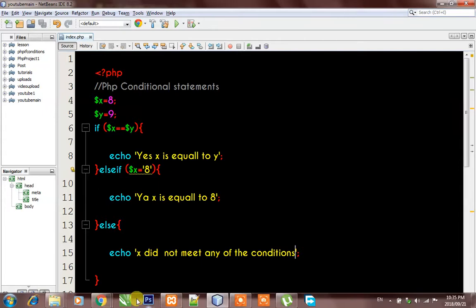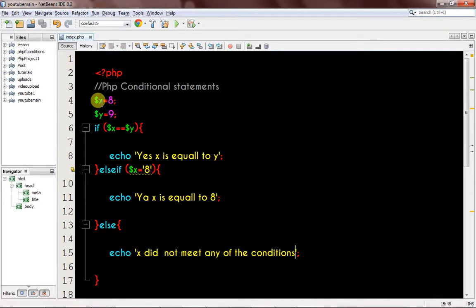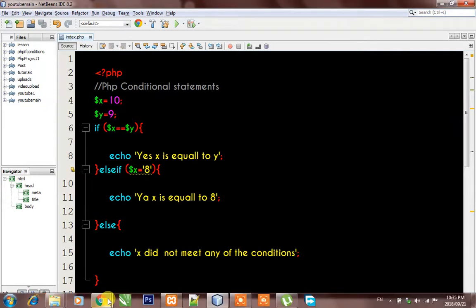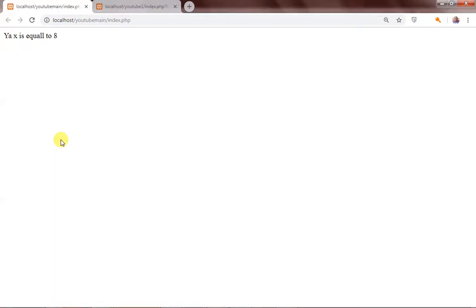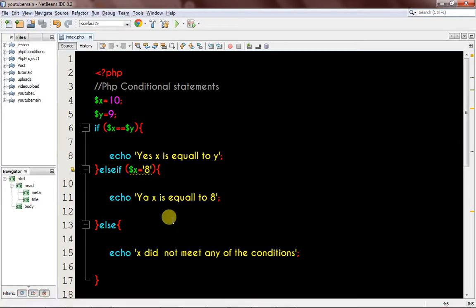So let's just run this on our browser one more time and see what we get as result. So yeah, x is equal to 8. As you can see, x is equal to 8. So if x happened to be 10, none of these two conditions will work. The last else statement is exactly what will run, because x is not equal to y and x is not equal to 8. So yeah, x is equal to 8 now, but 10